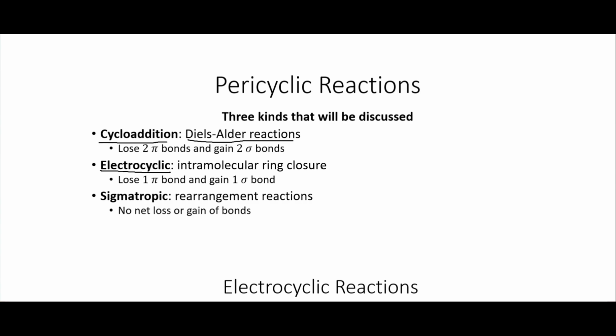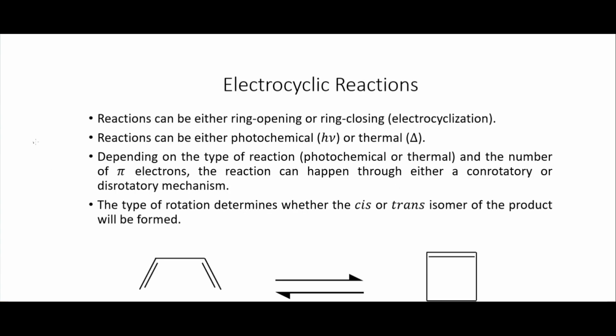And so this is going to be an intramolecular ring closure or opening. So in electrocyclic reactions, the reactions can be either, like I said, ring opening or ring closing. And these can be done just like with the Diels-Alder reaction under photochemical or thermal conditions. And depending on the type of reaction, whether it's photochemical or thermal, and the number of pi electrons, the reaction can happen through either what's called a conrotatory or disrotatory mechanism, which we'll be looking at in detail in a minute. And so the type of rotation determines whether the cis or trans isomer of the product will be